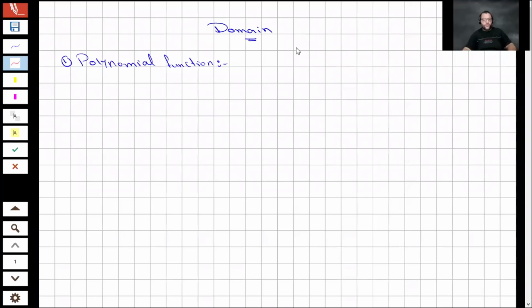In an easy way, for a polynomial, x must be with a positive power, not a negative power, not a decimal. We can't write x at the denominator. We can't write x under the square root. We can't write x with a negative power. So all of that is defined as a polynomial function. And the domain